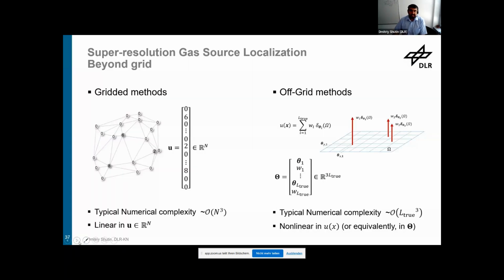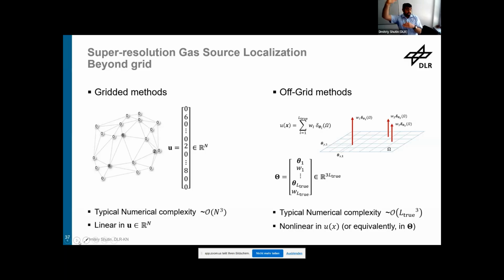So what is the idea of doing these analytical methods? One of the disadvantages of the gridded methods or numerical approach is that, first of all, your vector that represents your sources has the dimensionality of the discretization of your domain. So if you think about even a modest domain that you're trying to approximate, like let's say 1,000 meters by 1,000 meters, you discretize it with 10 meters per cell, which is a relatively large cell size, right? You end up with 100 times 100 cells on the ground.